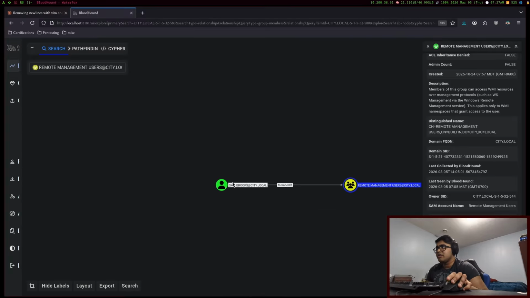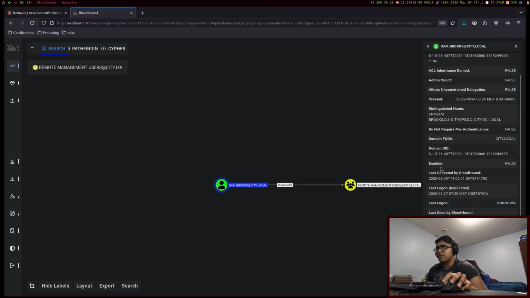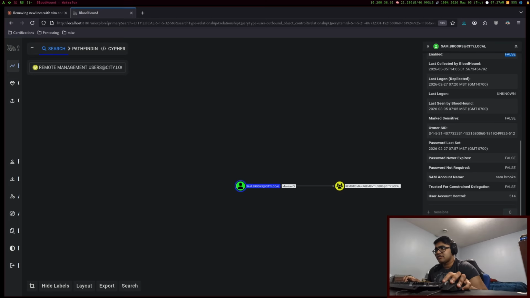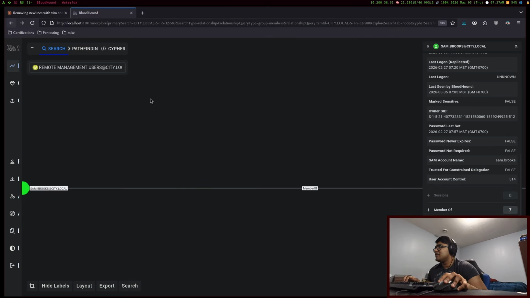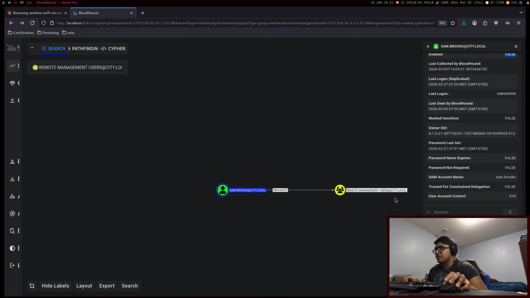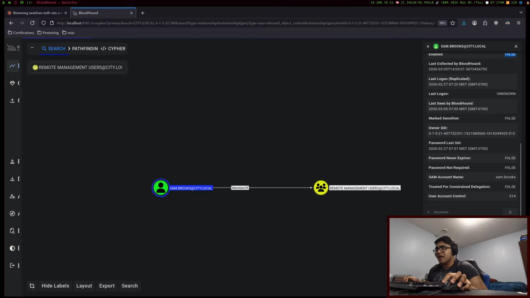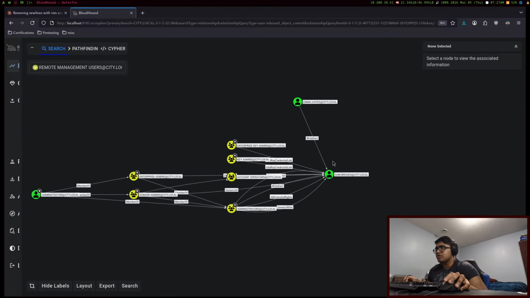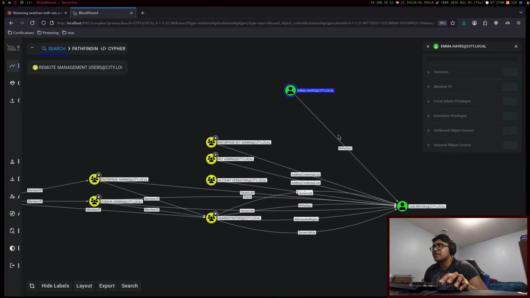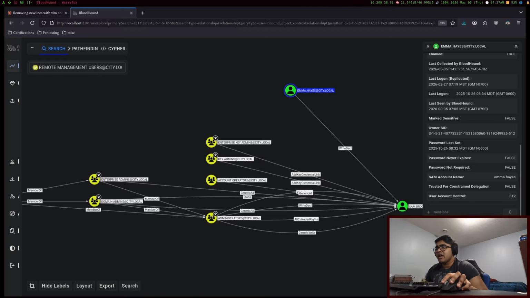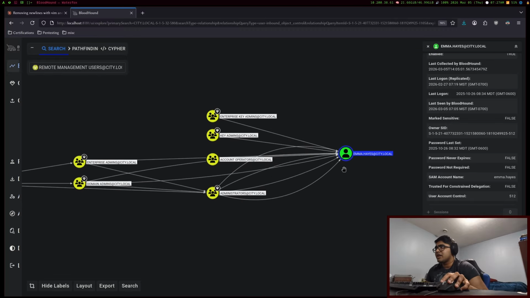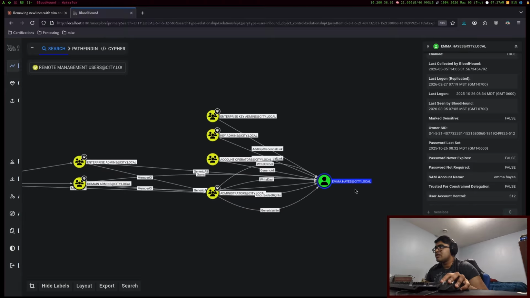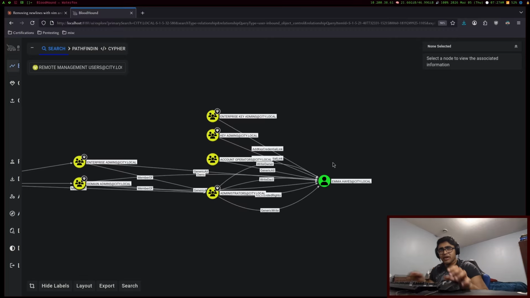We can see that there is one user, and this user is Sam Brooks, and we can see that they are actually disabled here. So enabled and then false. And so outbound controls, we see that Sam is disabled, but he is able to actually remote in. And so we can do inbound right here, and we can see which users are able to get inbound access to Sam Brooks, and we can see that Emma Hayes has inbound, and we can try and see who has inbound on Emma Hayes, and we can see that there's no users that actually go directly into Emma Hayes, so we're gonna have to try and figure out a way to get to Emma Hayes